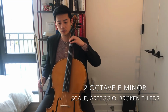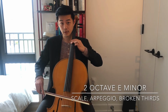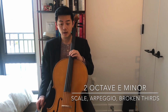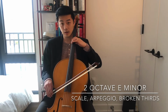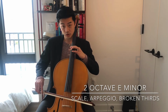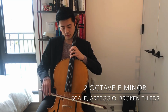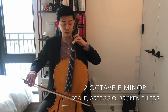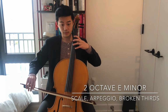All right, so this one, you're gonna start in lower second position, second finger on the E, okay? And then you're gonna shift up to upper third position, okay? So we'll take this slowly. 3, 4, G, stay there, 4, 2, now shift to the G string, second finger on the B, extend to the A, C natural,